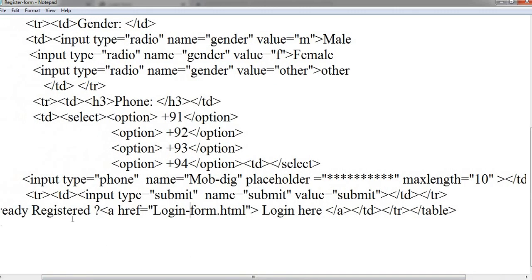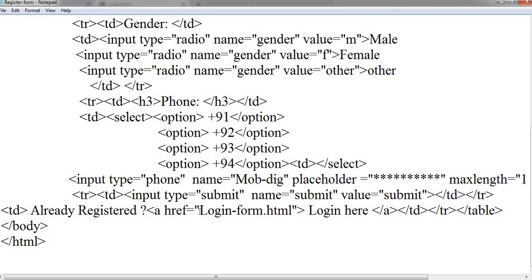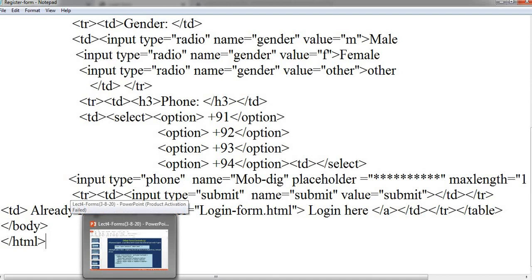Then we have attached the initial form, that is the login form, here. So this is how this is attached to the previous one, and that is attached here to the file. So we created two files, one is a login form, another one is a registration form. So we can create any kind of forms in HTML. So this is how we have seen the two kinds of forms for today's session.